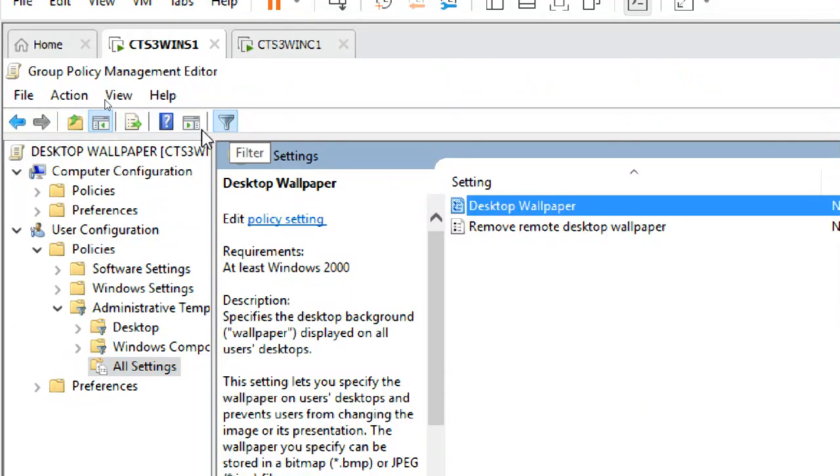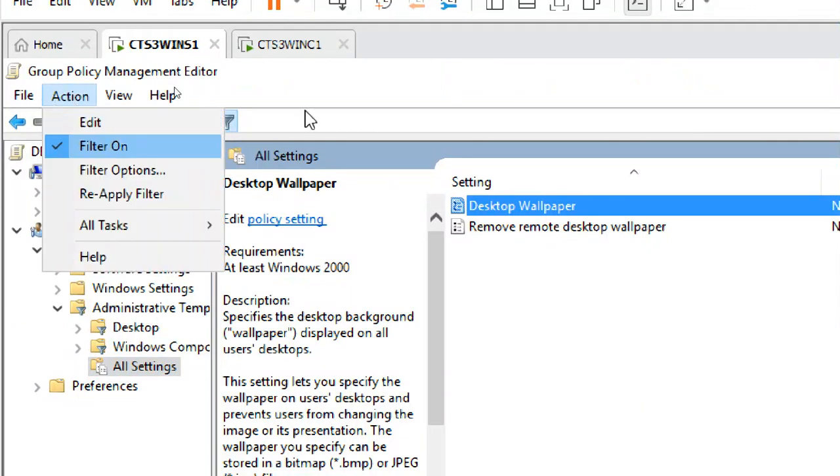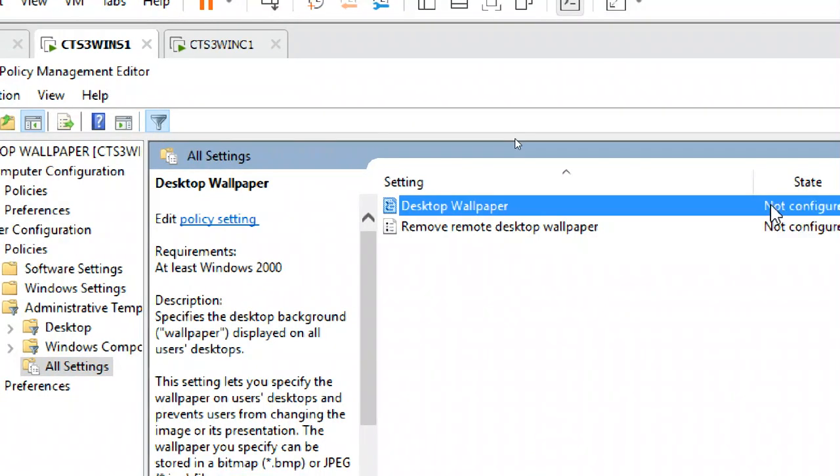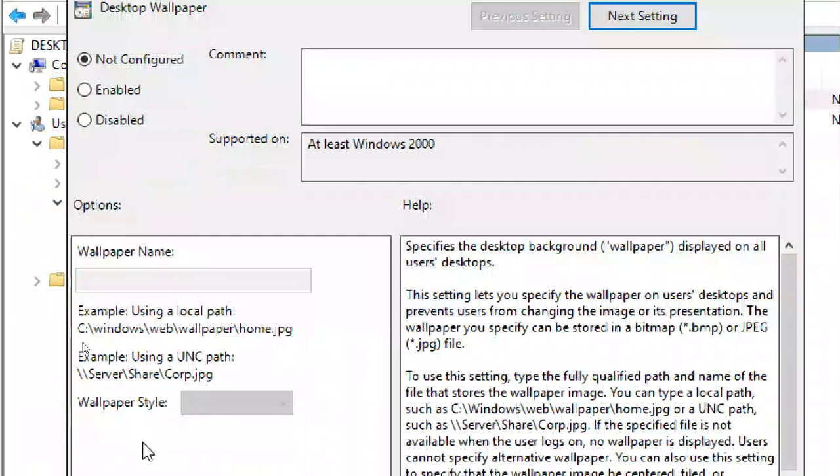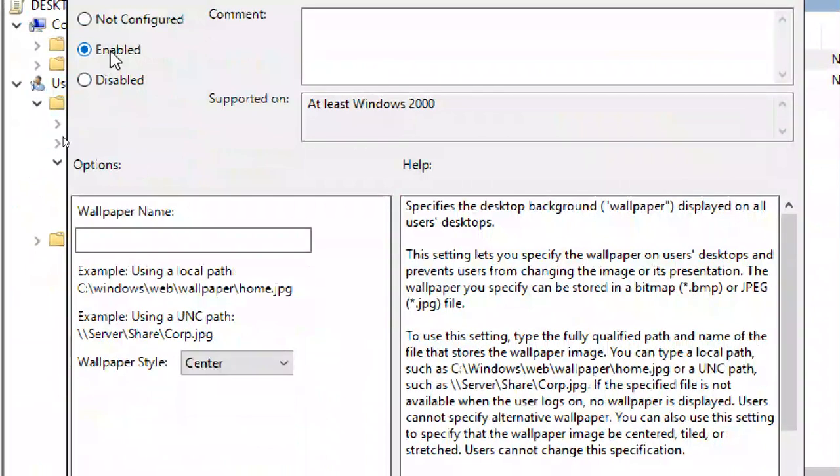The filter is already on, that's why I didn't do anything. Double click on desktop wallpaper. Enable, and paste this link. Only the shared link will work. Don't use a C drive or D drive path. This thing only will work, with the complete path.